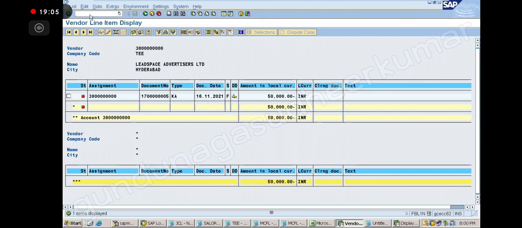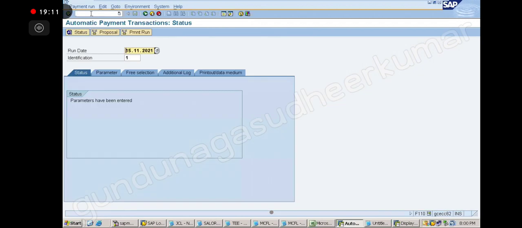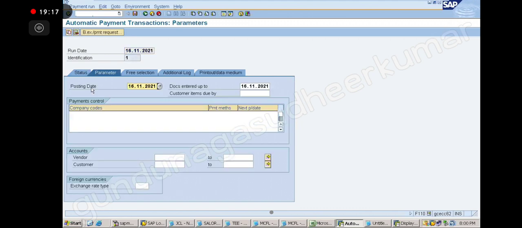Okay. So now I am doing the APP run. Let's go to F110. What is the run? 16. And then I am giving the parameters. What is my company code? My company code is E. Now payment method. Payment method is A. Next, payment run date 25.